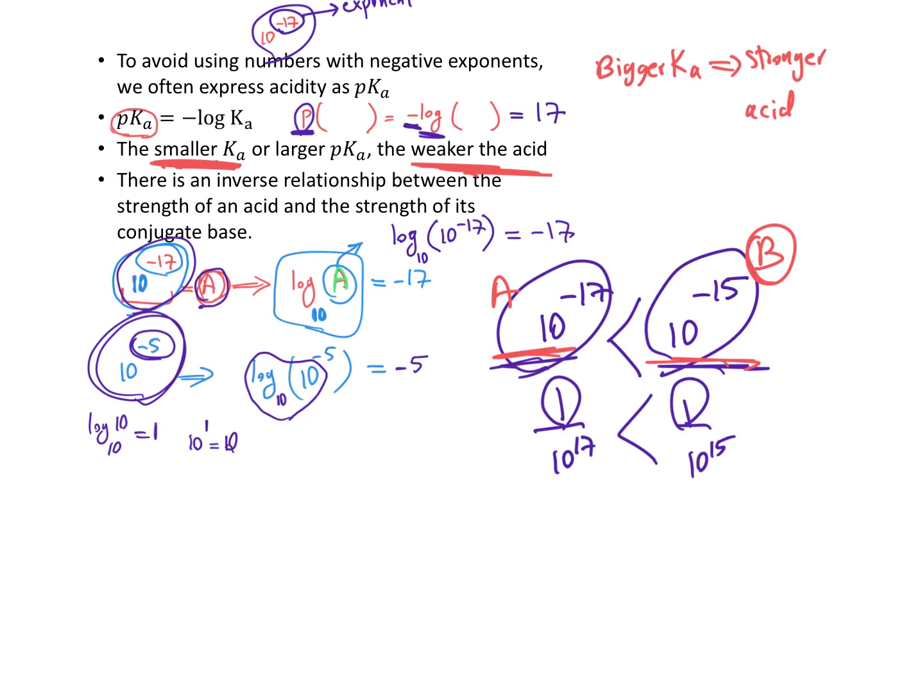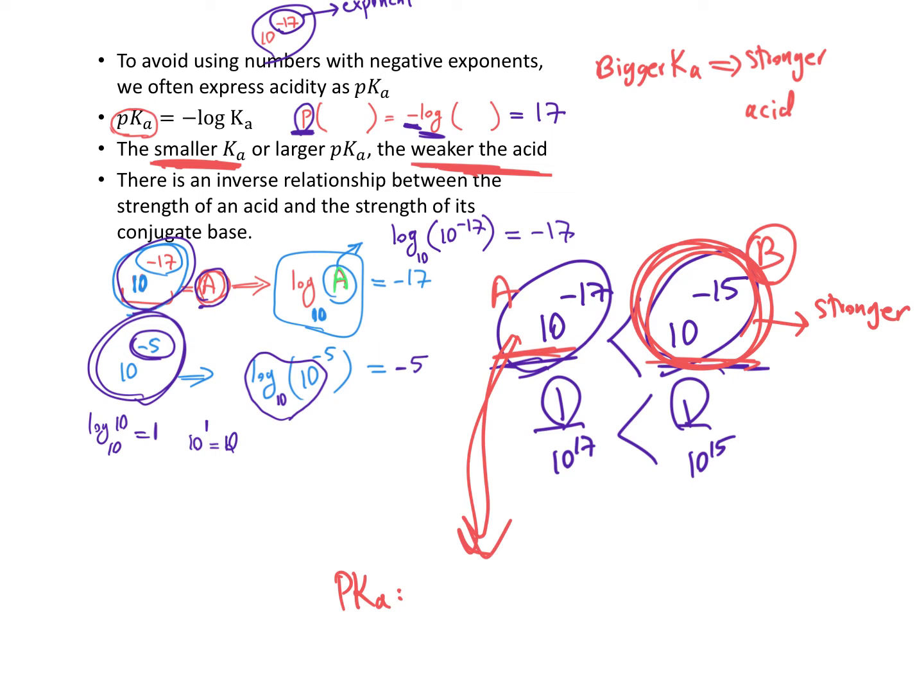Is that clear why? Any questions? Now, we established this acid is stronger, if these numbers correspond to acidity constants. Now, what is pKa of these values? Can anyone tell me? What is pKa of 10 to the power of minus 17? What is pKa of this? So we established this one is a stronger acid, right? That fact doesn't change. And now which one is a stronger acid, lower pKa or higher pKa?